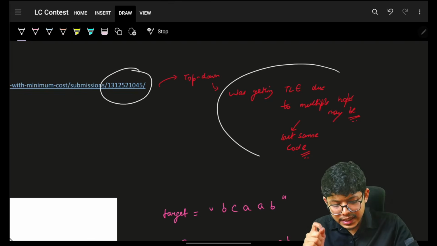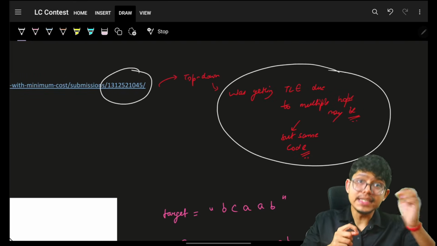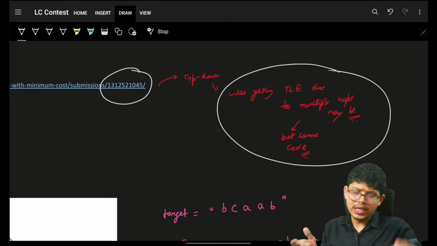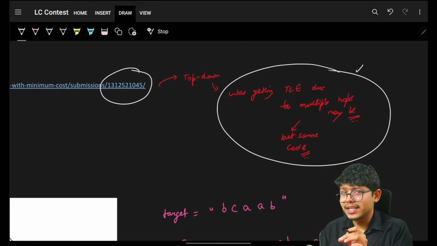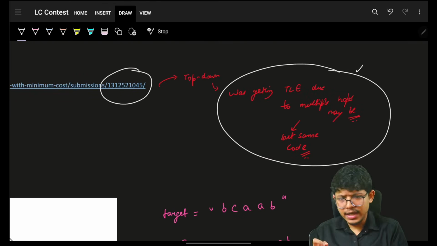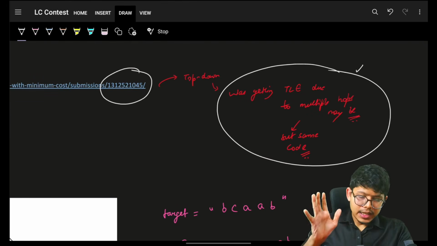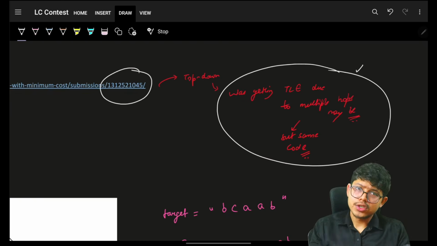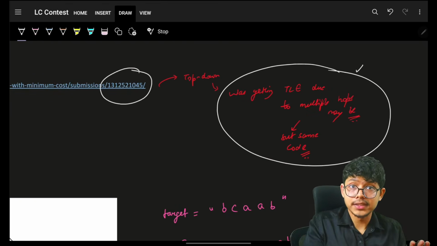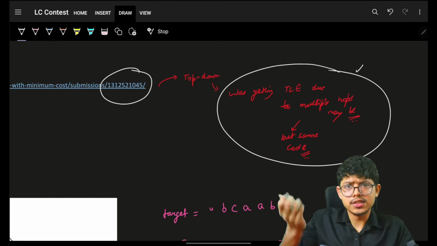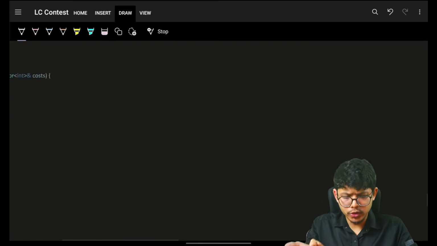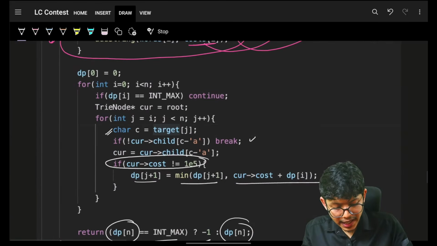Again, it gave a TLE because of many copies being handled. So again, complexity still technically should remain the same, but because of LeetCode and its infrastructure, that gives you TLE. Again, if you give this approach in an interview, it should technically pass, I'm saying. But yeah, you can just go and learn the bottom-up approach, because here I'm doing everything